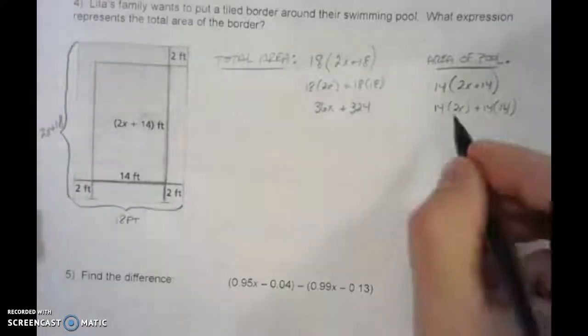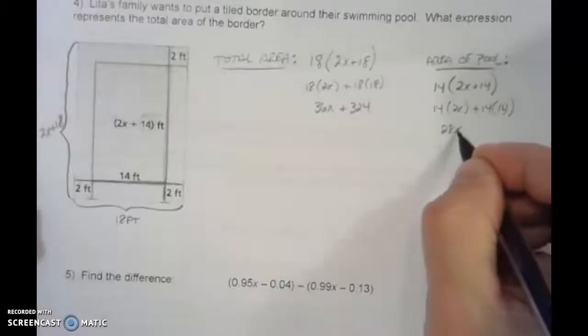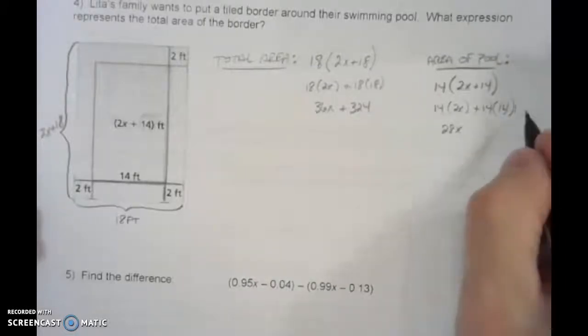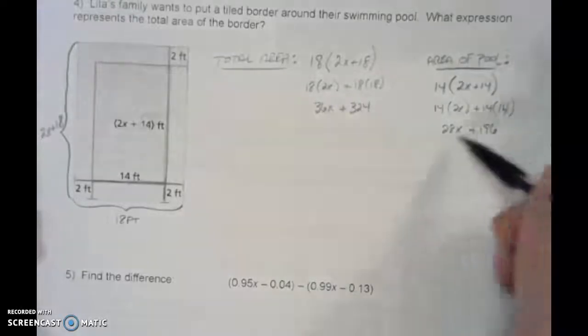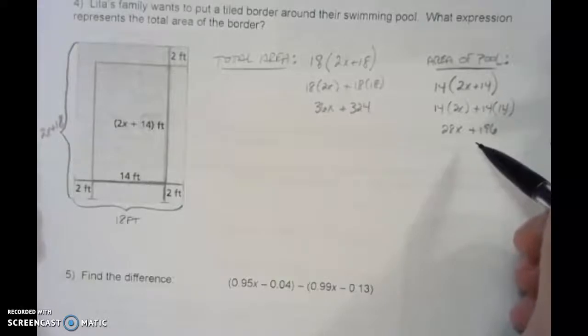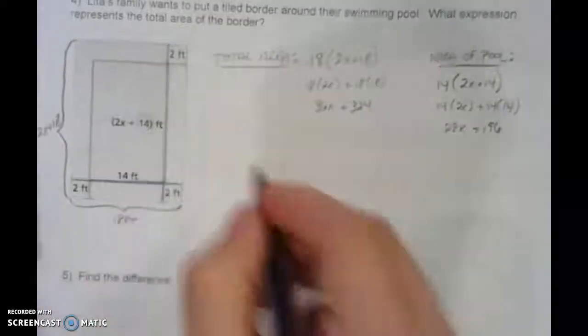Okay. 14 times 2x is 28x, and 14 times 14 is 196, plus 196. So this is the area of just the pool. To get the area of the border,